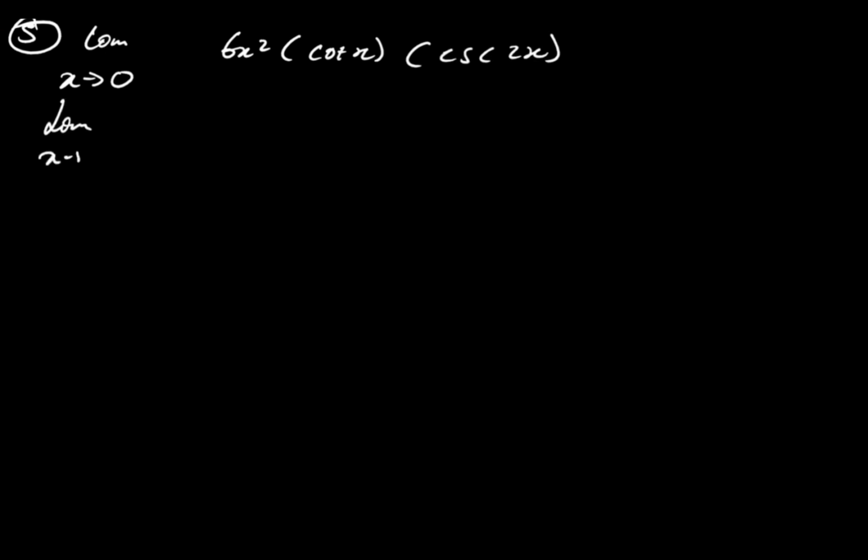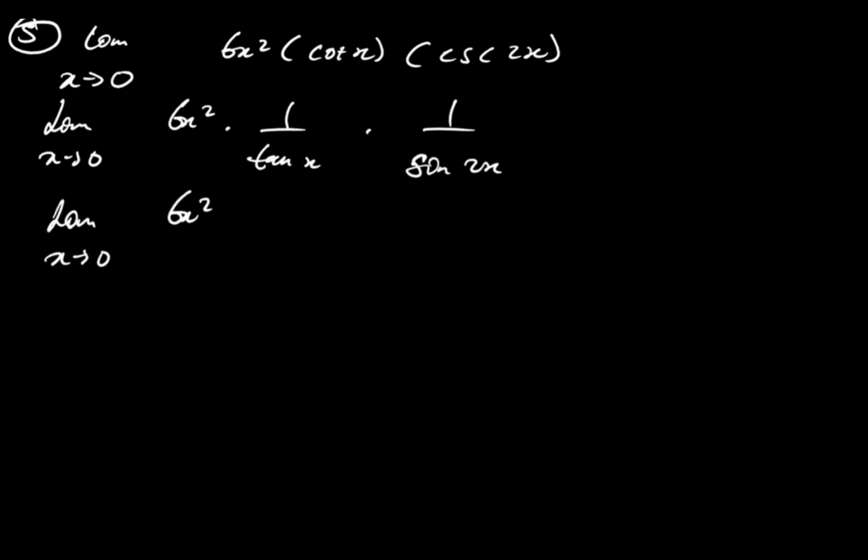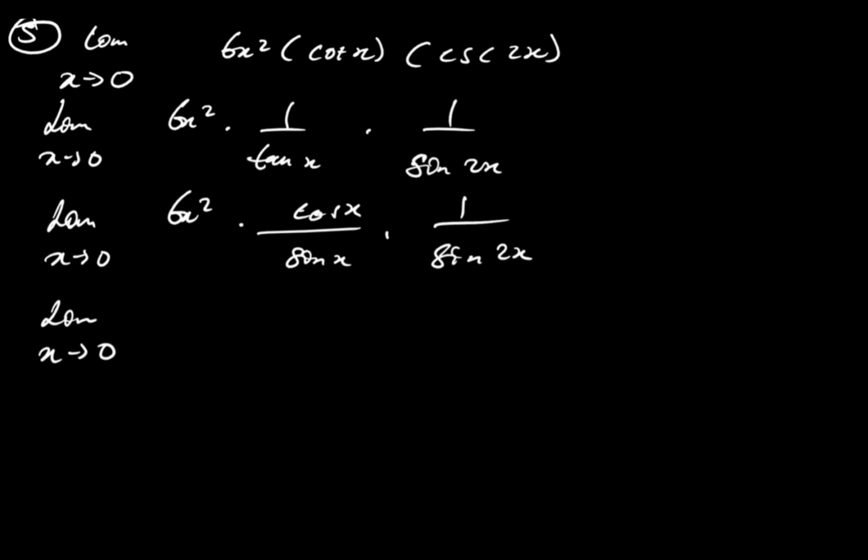So we have the limit as x approaches 0, and this can be manipulated as 6x squared times 1 over tan x times 1 over sine 2x. So this implies that you can have something of this sort: the limit as x approaches 0 of 6x squared times cos x over sine x times 1 over sine of 2x. Through manipulation, you end up having a scenario where you have